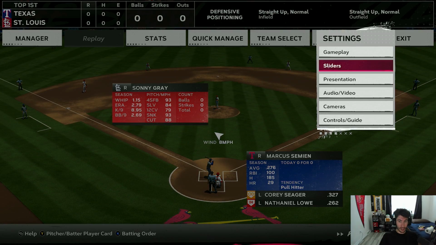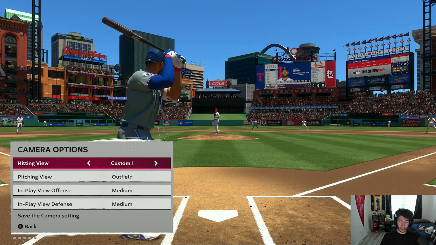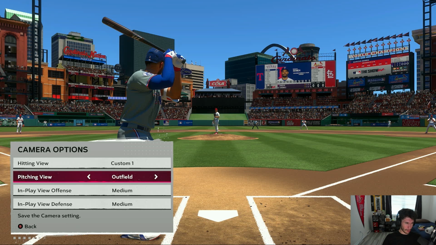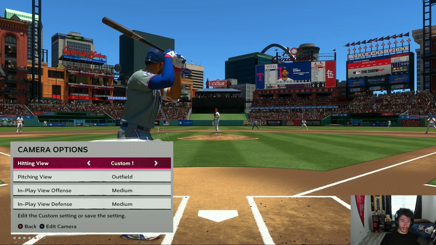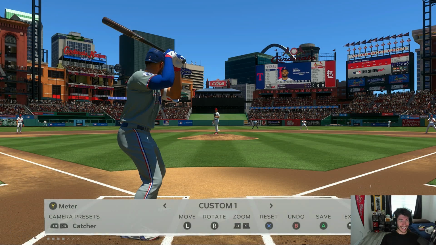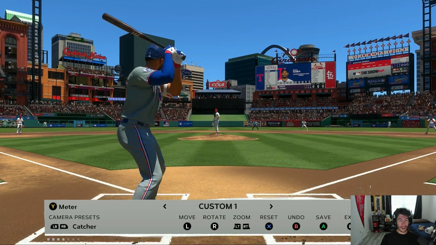And then for settings, we're going to go down to cameras. And as y'all can see, I'm on this custom camera angle. And I scroll down and then up, and for whatever reason, now we can see that edit camera option. It wasn't there before. I don't know why it wasn't when we first opened this, but I'm going to press in the bottom left. You can see X to edit camera,